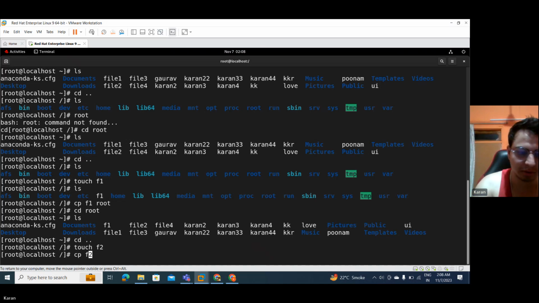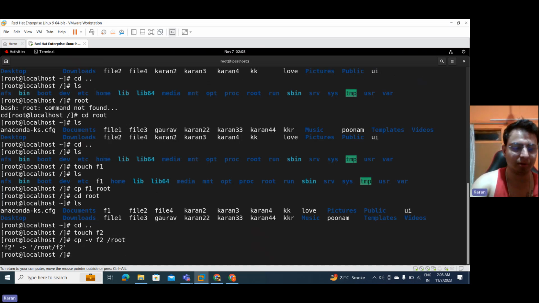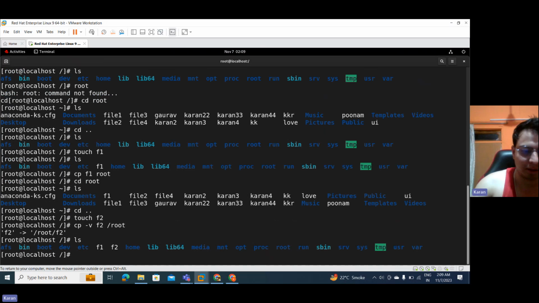F2. Yes, add verbose to it. For verbose, we need to put v to it, F2, and then what we can do, paste it to the root. So it has showcased that F2 has been copied and pasted to this directory. Inside this we have pasted the F2. Okay, you can see after listing out,